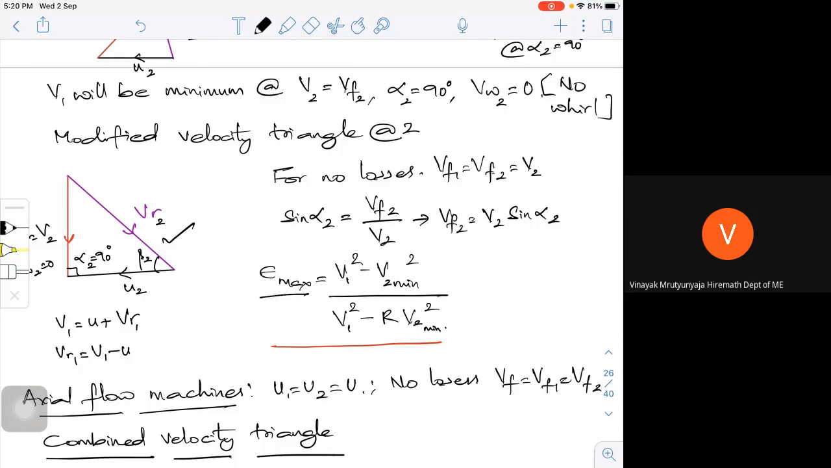So V2 is minimized. How can I maximize the utilization of a given turbo machine or turbine? You have to minimize your V2 or exit velocity. You can't make it 0. It's clear that I can't have it 0, but I can minimize it. Say, for 0.1, 0.2, 0.3, 0.1, is it possible to achieve? So for a minimum value of V2, you will be getting the maximum or optimized value of your epsilon max. What will happen if it is case